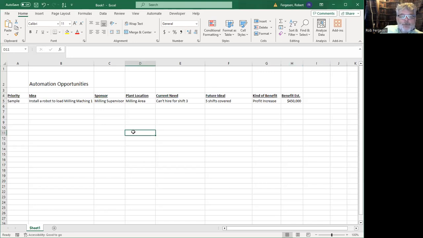And it's in a spreadsheet format. I love spreadsheet formats because